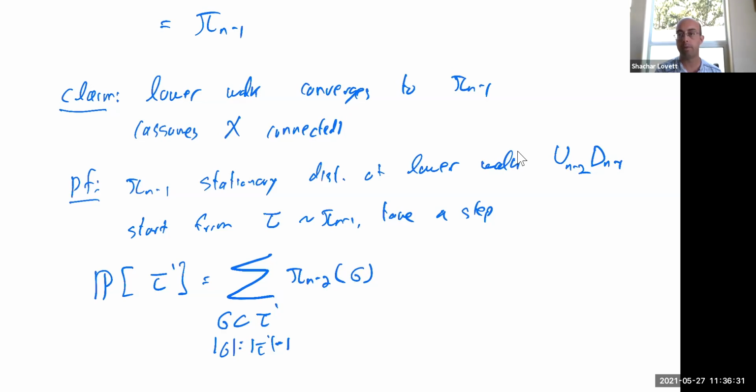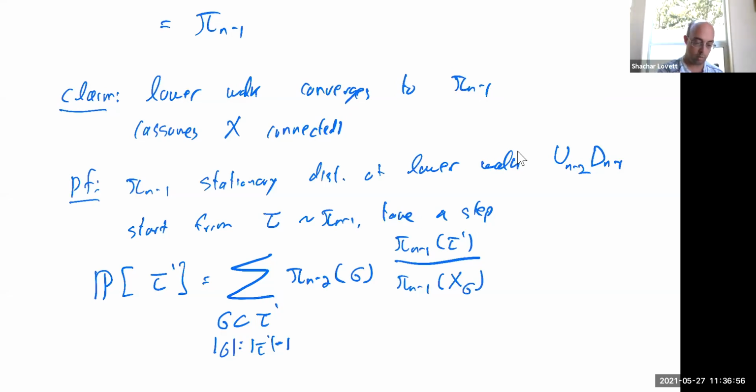This is the down step. And then we need to go back from sigma to tau prime. So it's going to be pi n minus 1 of tau prime over pi n minus 1 of X sigma. And we've already seen that,